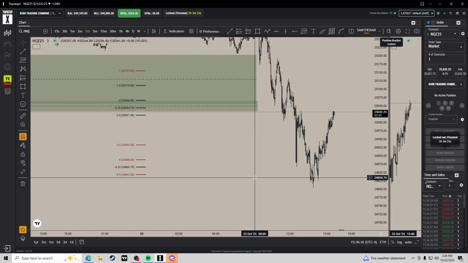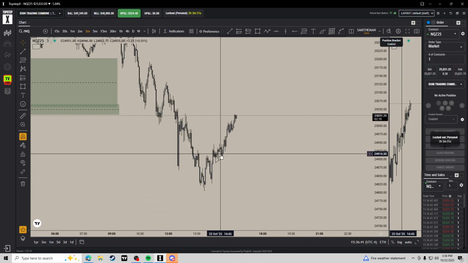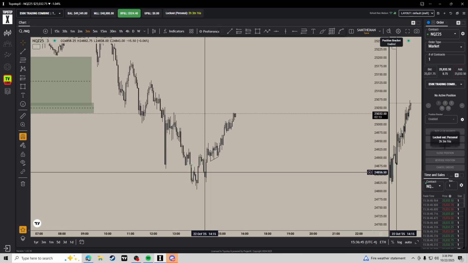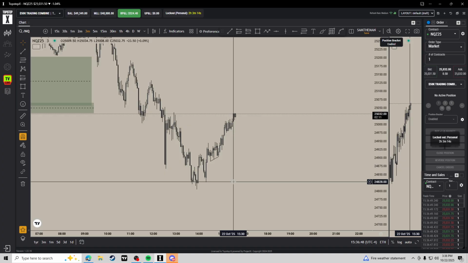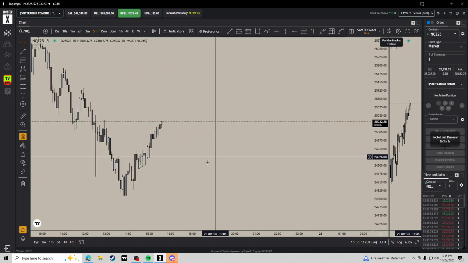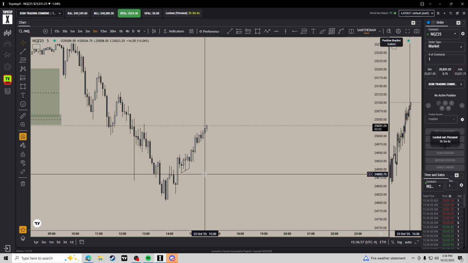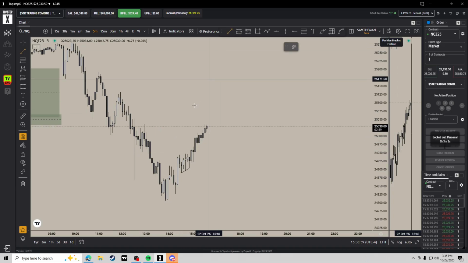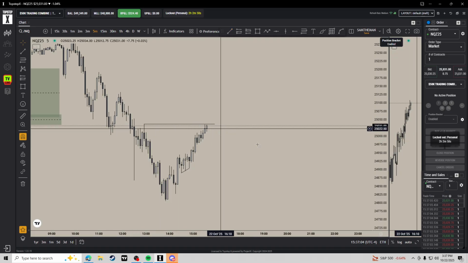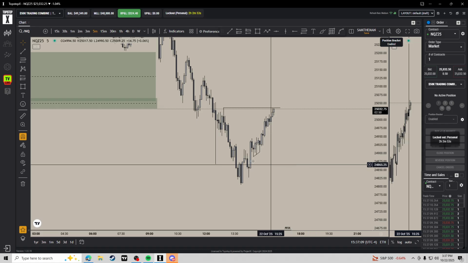But yeah. Once I saw this and I marked this out earlier, and I saw a reaction off of it, I was pretty confident that this would be pretty much the end of this dump. And it pretty much is. We have this 5-minute high that got closed over. We inversed the 15-minute. The only thing that's left is this 5-minute, and if we want to continue bullish, I'd want to see a close above that. So, and we got this really clean 5-minute inverse right here.